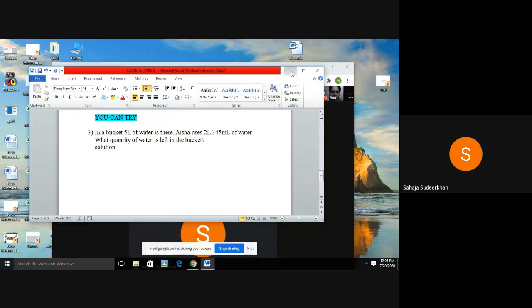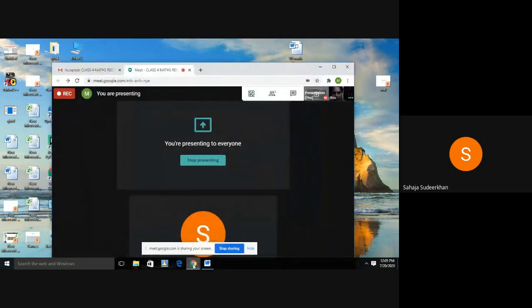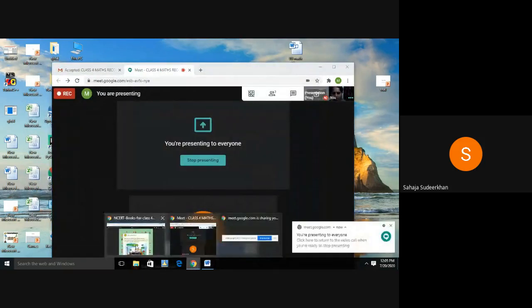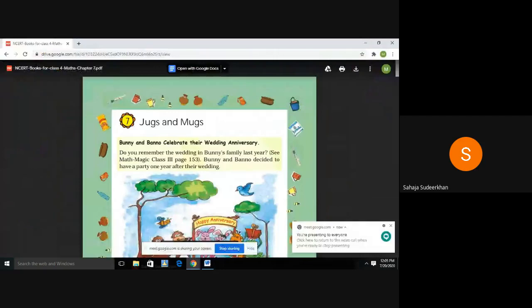Okay, now I didn't show you the new chapter till now. Okay, this is the first page of the new chapter. Can you see the page? What is the lesson's name? Yes, ma'am. Very good. Lesson 7, X and Marks. We have learned many things, but today, for the first day, we are opening the book.